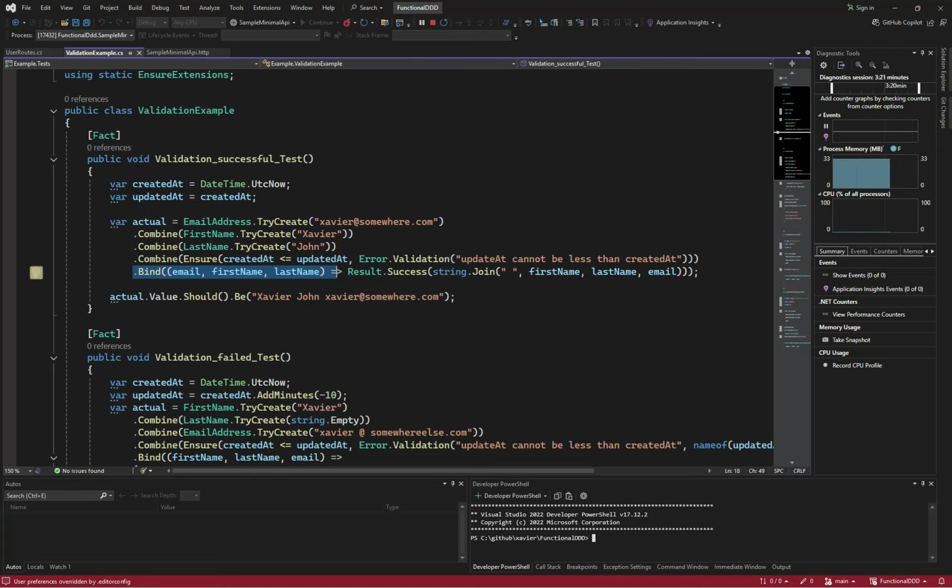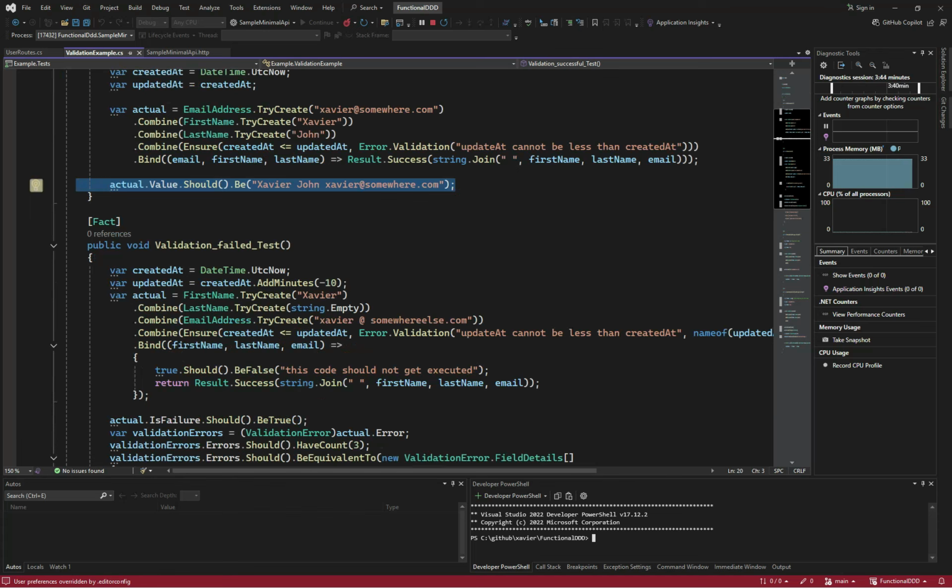So if all the four things above succeed, then the combined result will be on the success track, which will make it enter the bind path here. And it'll provide us with this email, first name, and last name. In this scenario, we're just combining them into a string and checking. And this should succeed. In case of a failure, we have another test case here, where the last name